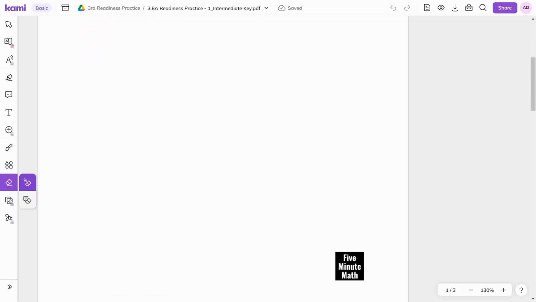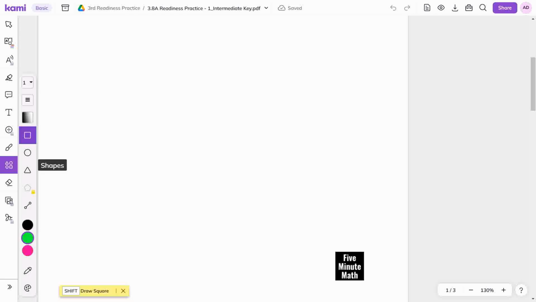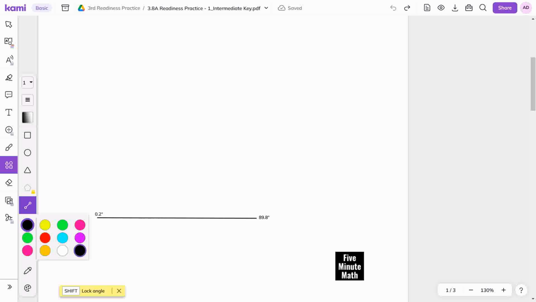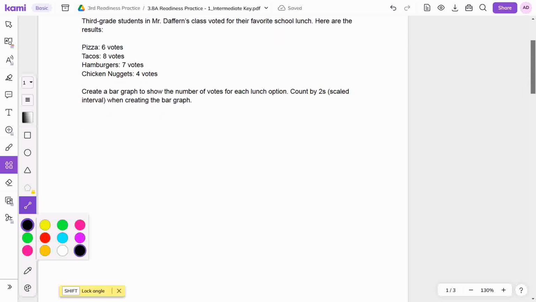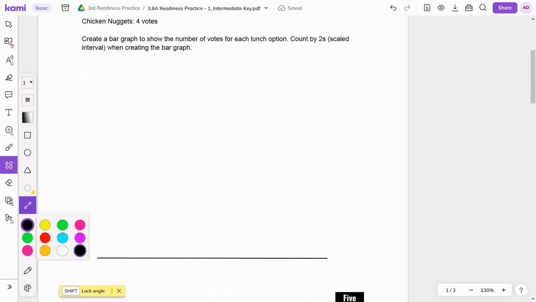And so what we're going to do is we are going to draw. We're going to be as careful as we can. So if you were doing this with pencil and paper, you probably would do this with a ruler. I'm going to use this line feature here, and let's get that to be black. All right, so what we're going to do is just draw these lines here, and we need to skip count by twos, and we need to get up to 8, and you don't probably want tacos to be the very top. So I want to go up to 10,